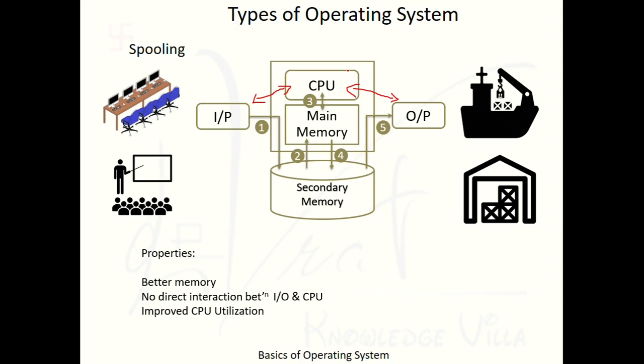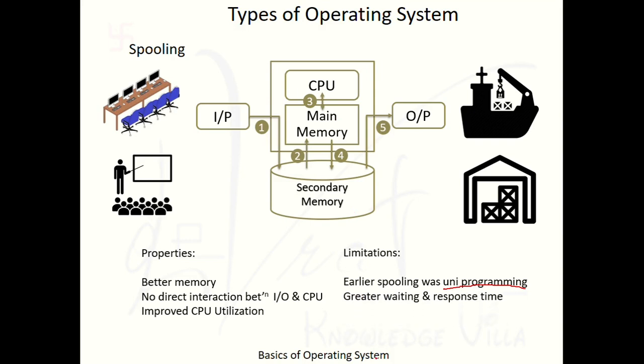Let's see the limitations now. The first limitation: spooling was uniprogramming. It means whatever we are discussing here, this whole thing is uniprogramming. It means at a time main memory is executing only a single program or a single process through the CPU. Get it? It means we cannot do multiple programming here, like parallelly while you are watching my video, you are downloading a song. So this type of task is not going to be carried out.